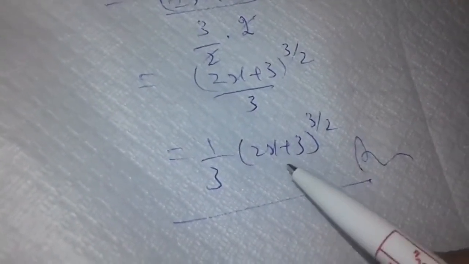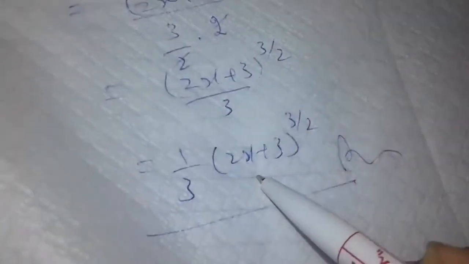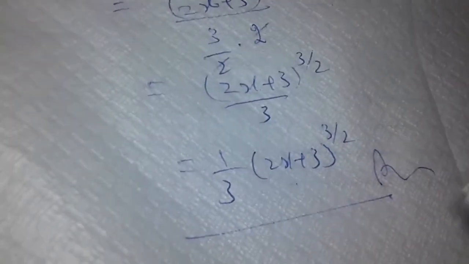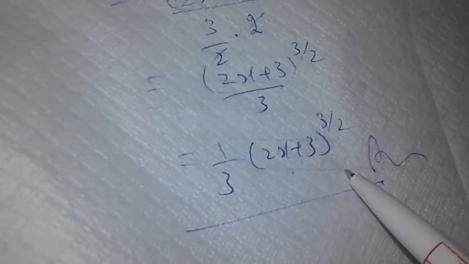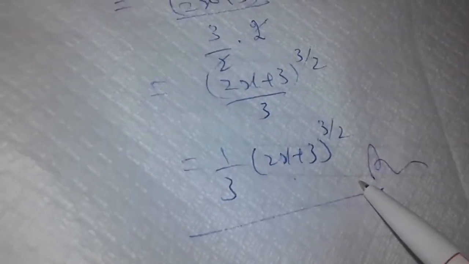We don't know whether the solution of this function is right or wrong. To prove it, we will take the derivative of this function, because we know that derivative and integration are the inverse of each other. This is the result of integration, so to prove it is right, we will take its derivative. So on checking,